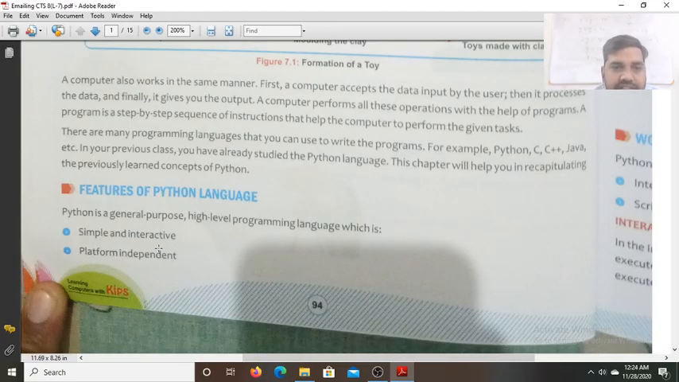See, this language is very simple and interactive. Its code syntax is simple, and after writing one instruction you can see its output in the next line. Next is platform independence. Platform independent means that after compiling the Python code, you can run it on any operating system, on any